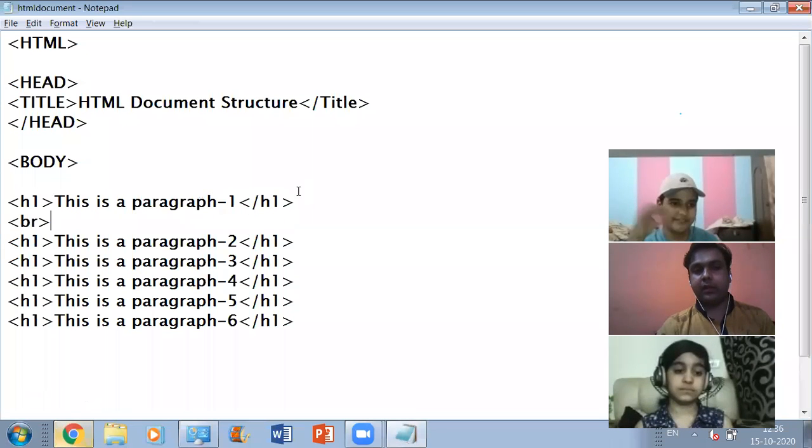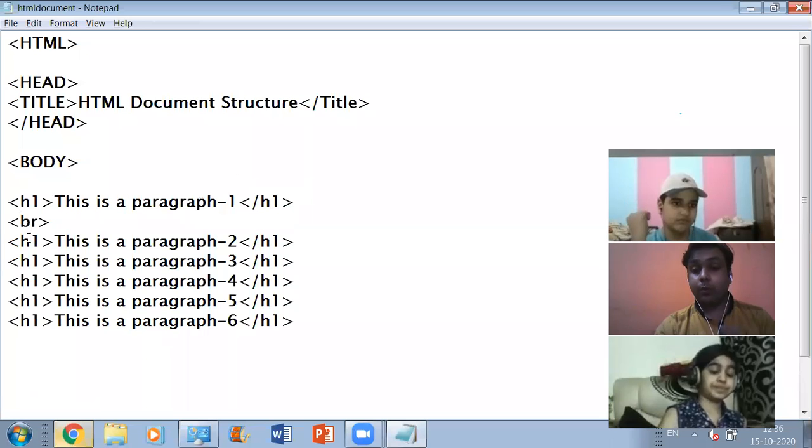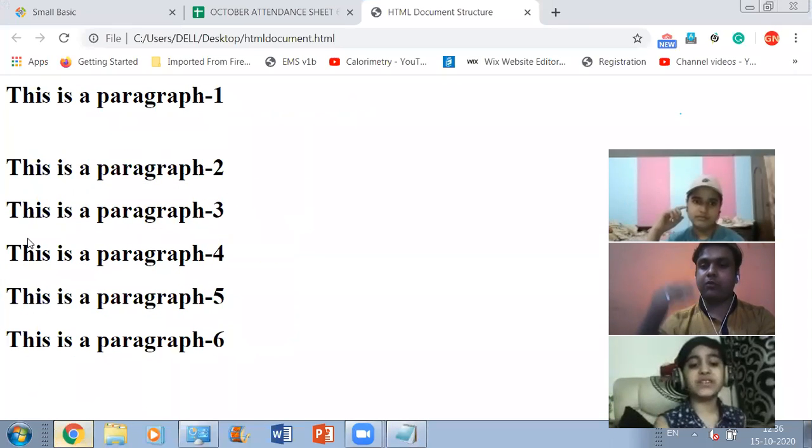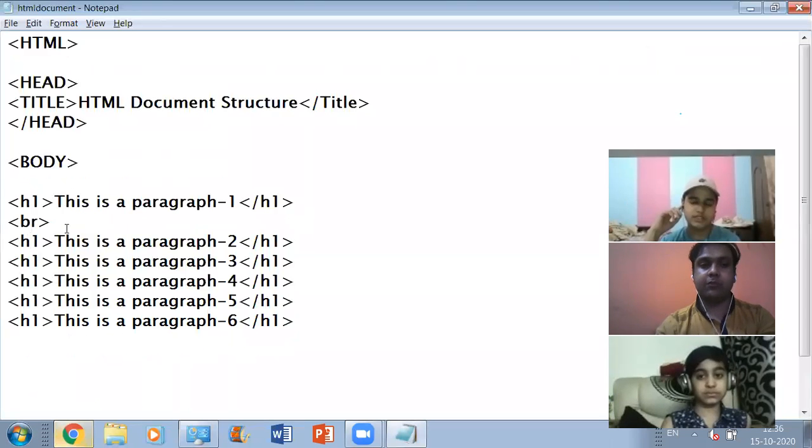अच्छा अब आते हैं हम। अच्छा, if I define a break line tag like this in between these two heading tags, what is going to happen? Sir, line will come. एक स्पेस और बढ़ जाएगा। ठीक है, एक स्पेस और बढ़ जाएगा।